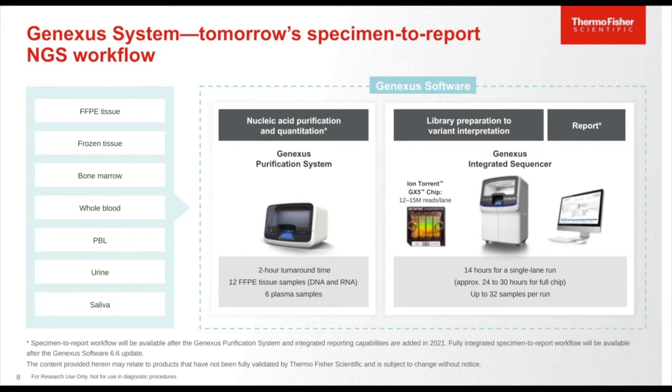For an example shown here, it's a 2-hour turnaround time for doing 12 FFPE samples for isolating both DNA and RNA. And if you were starting from plasma samples, you're able to extract 6 plasma samples from a single run. On the right, it shows the library preparation to the variant interpretation time for the Torrent Genexus GX5